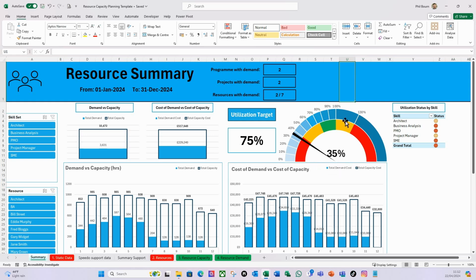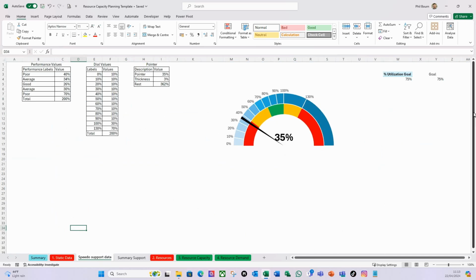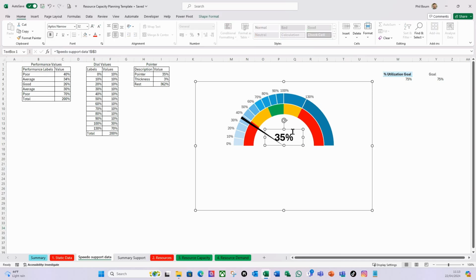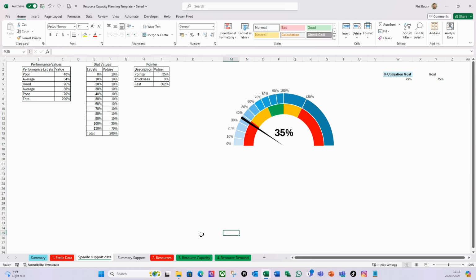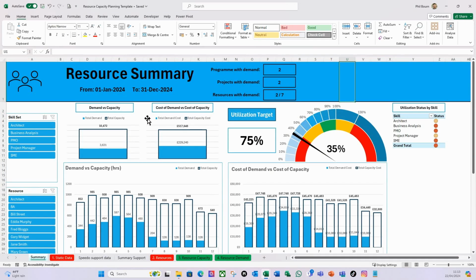So what I'm going to do is go to my Speedo support data. I'm going to select that there. With that selected, use my up arrow key just to move that upwards. And then go back to my summary sheet and I'm going to take this, let's just select it, hold down my control key, get the plus sign, and I'm just going to drag that to there, just drop it, let's change this to utilization,